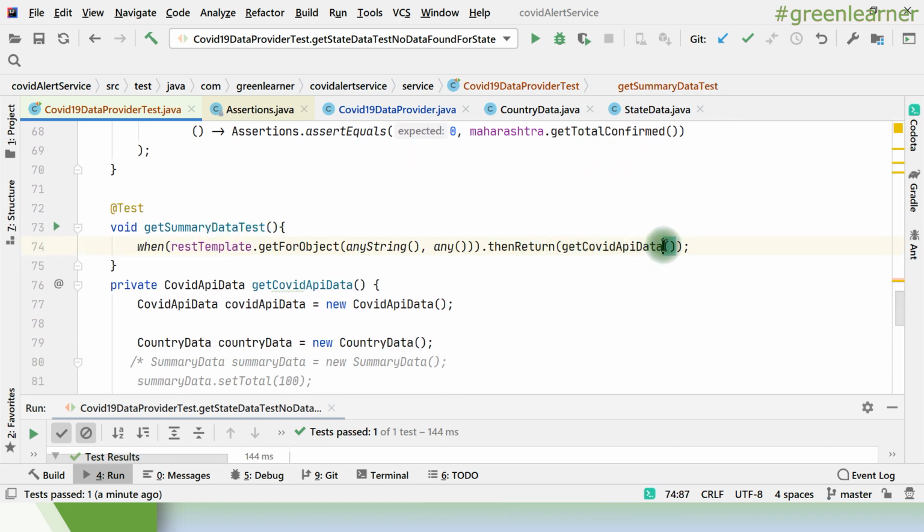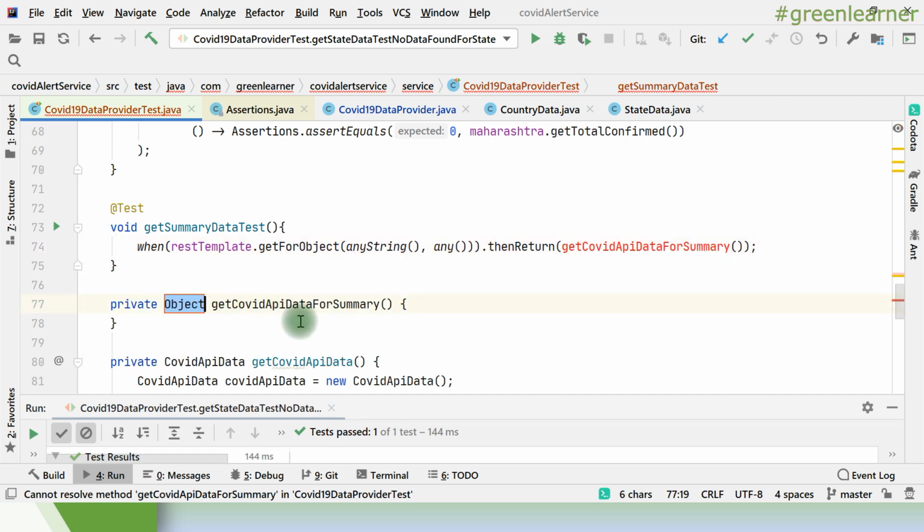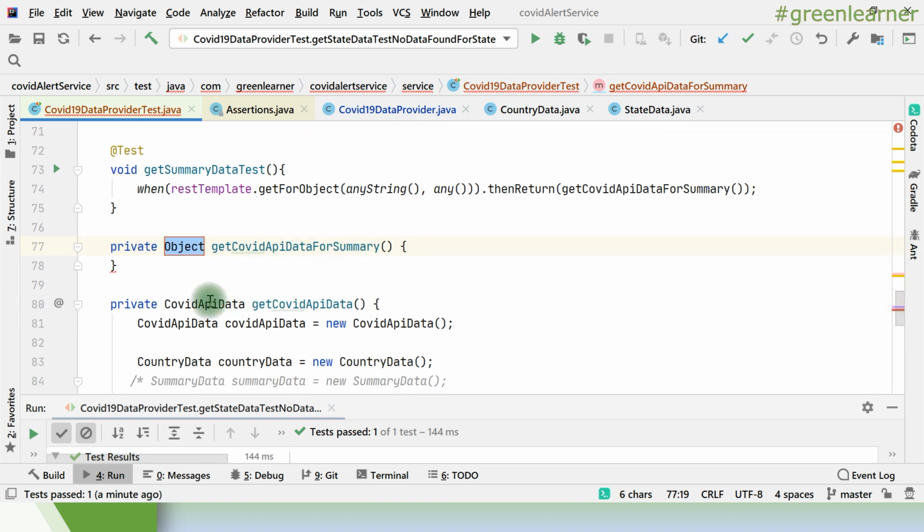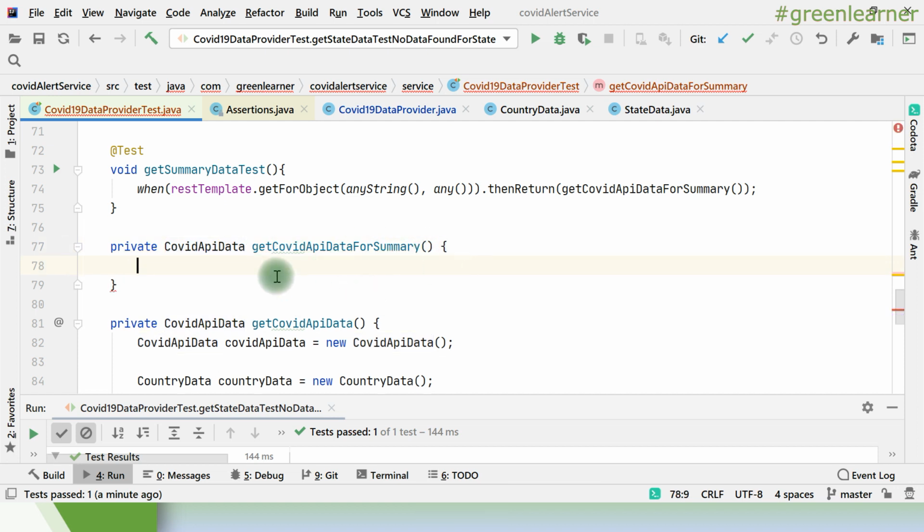But here I need to get COVID API data for summary, right? So let's create this method, and here it should return the same type that is being returned from here, right?